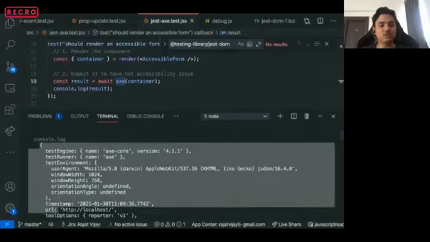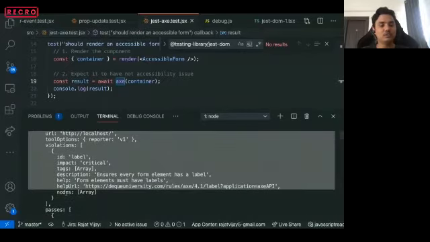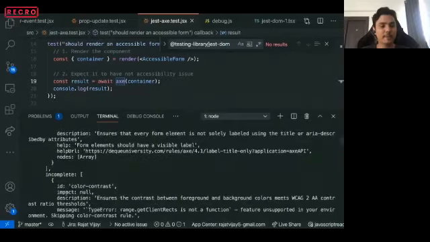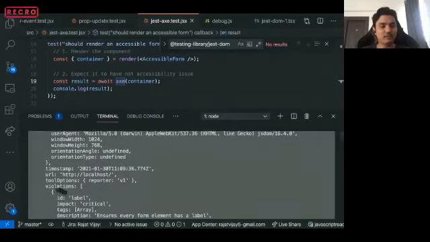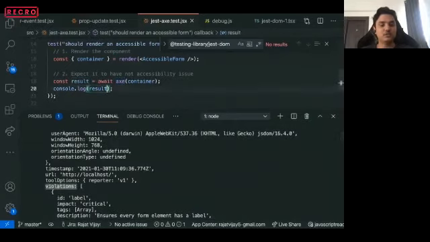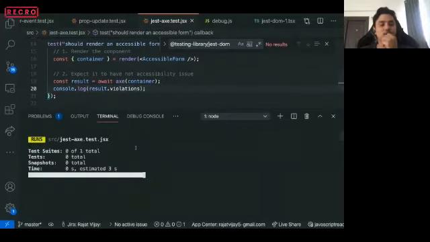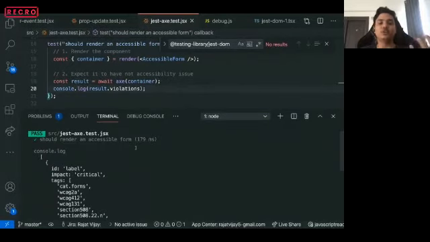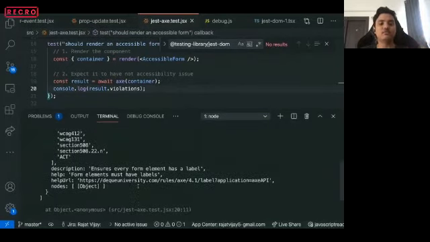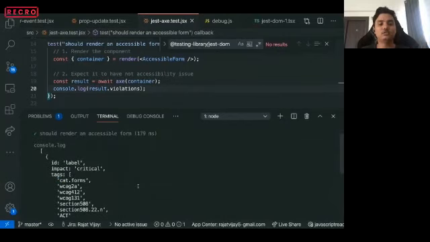And here it is. It logs a bunch of things. I think the violations makes more sense, so let's just print the violations. Violations is an array that provides accessibility violations in your rendered DOM. So it has exactly one violation.